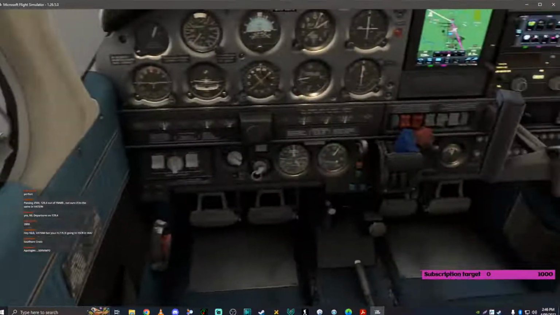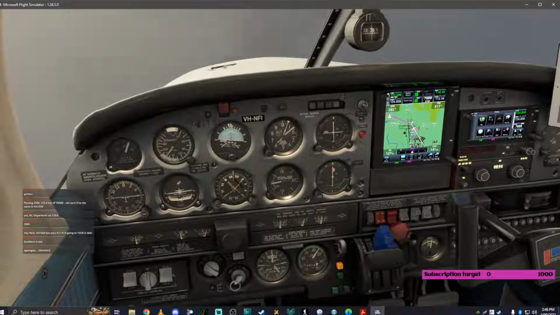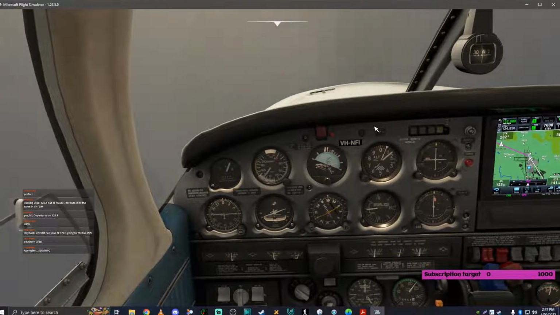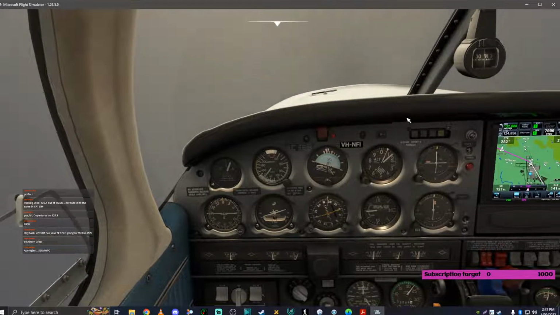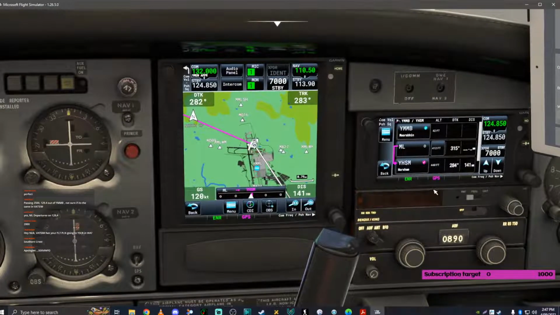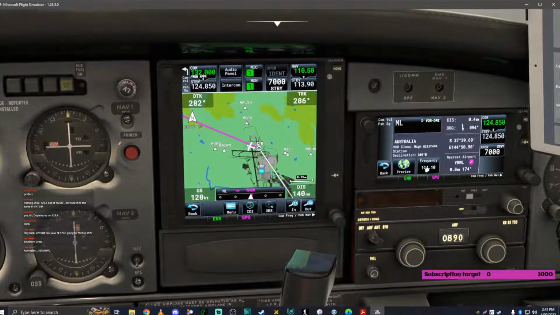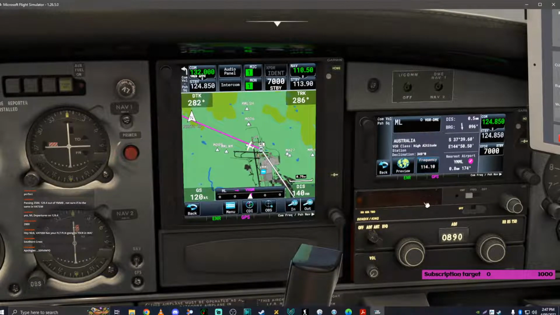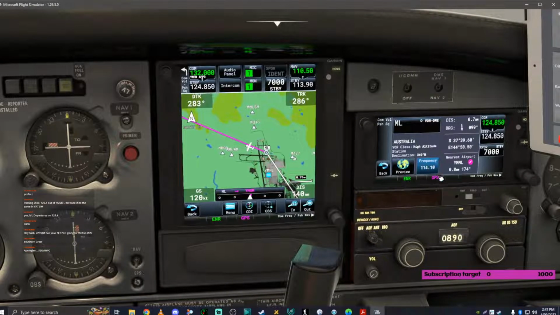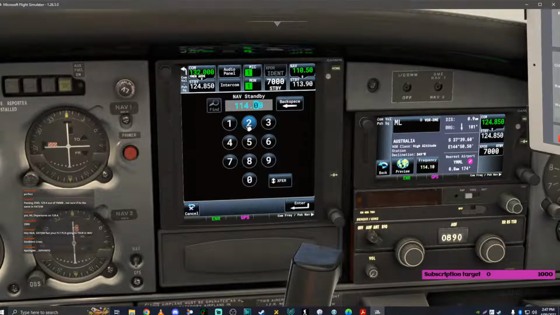Somewhere there is Melbourne Airport. So now see, let's just look at the Melbourne VOR. Okay, let's have a look at this Melbourne VOR. 114.0. So if I put that, this is what I like about this, 114.0. So if I put 114.0,